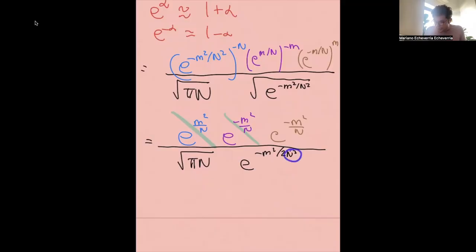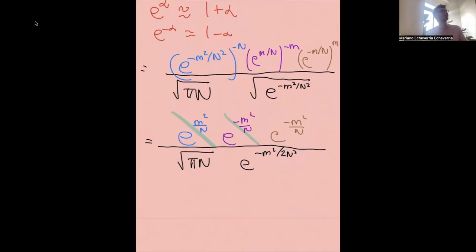So what's the difference between this exponent and this exponent? The difference is that here n only appears as n. On the other hand, here n appears in the denominator as n squared. So if you were to compare both exponentials, this is overwhelmingly smaller than this one, because n appears squared in the denominator, so the overall fraction is a lot smaller. It's closer to zero.